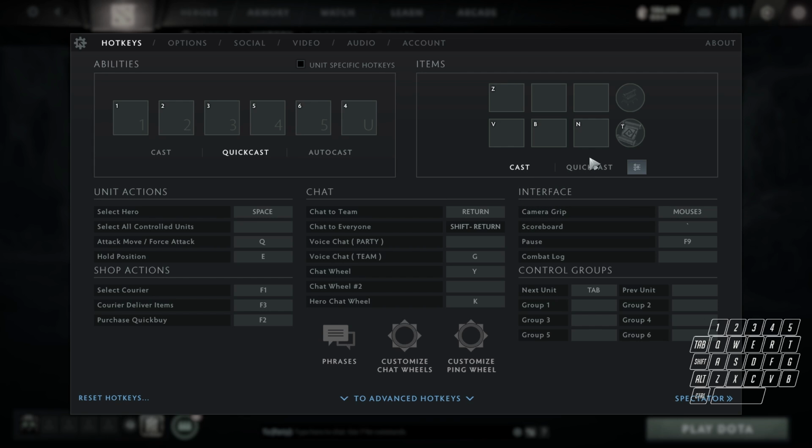you misclick once and you just use your TP. That's the annoying part. It happened so many times when I used to do it, and I just said, okay, whatever, I'm not using quick cast anymore on my TPs. But all the other items, as you can see here, I have 3 items on quick cast and 4 items are not on quick cast besides my TP.